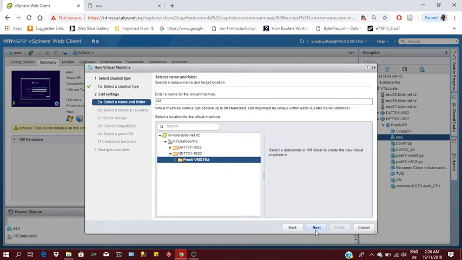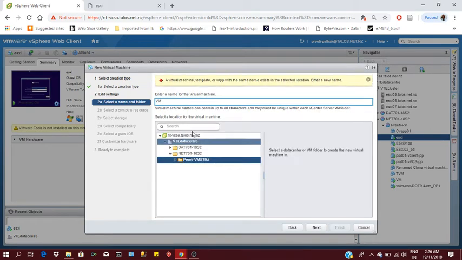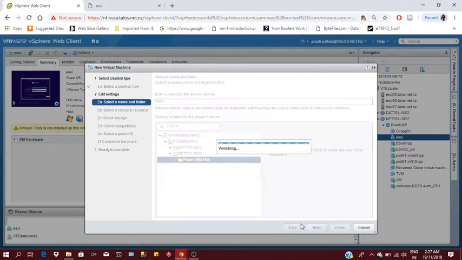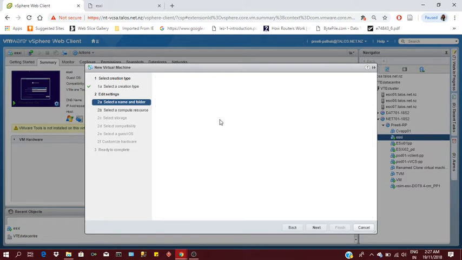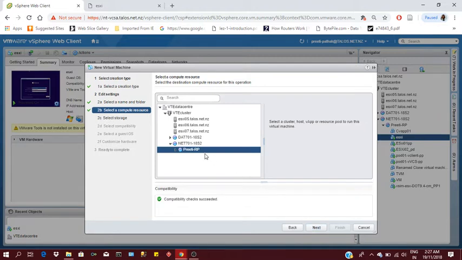I'm selecting it and clicking next here. This is the name I entered. So next, we need to select a resource pool, like I'm selecting here. Next,